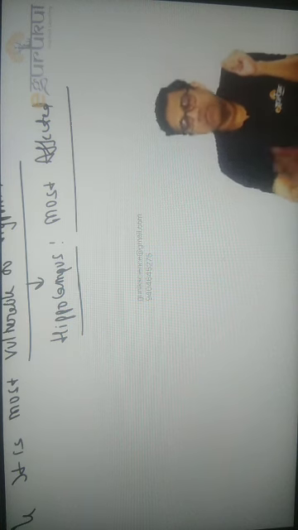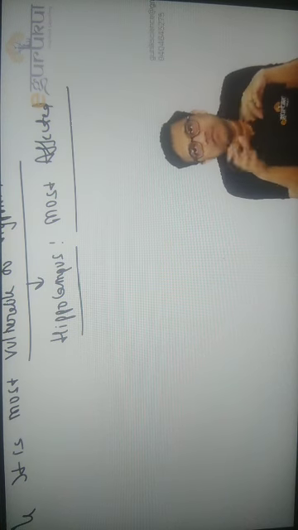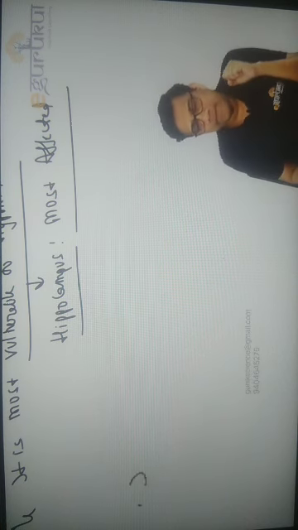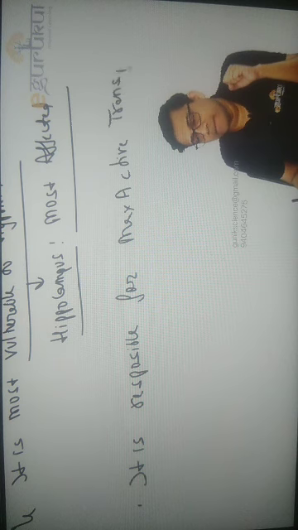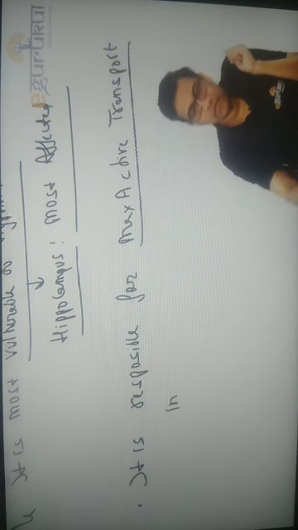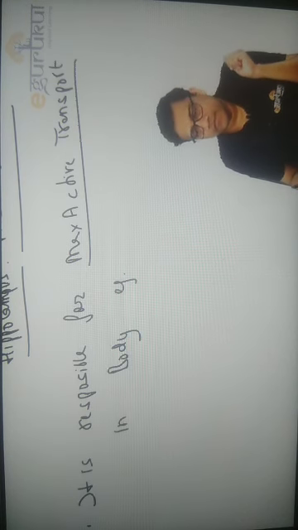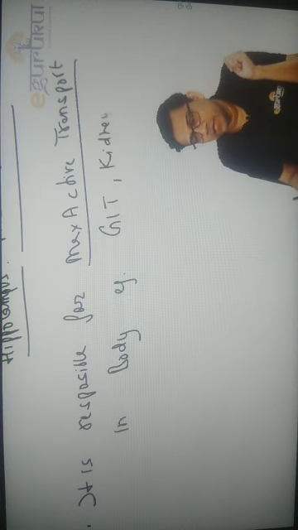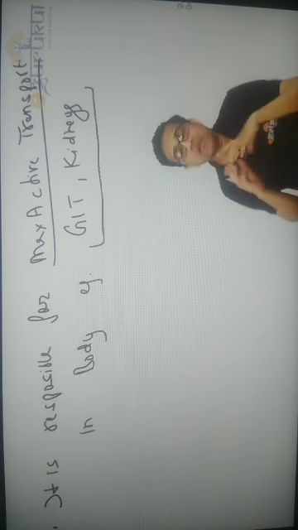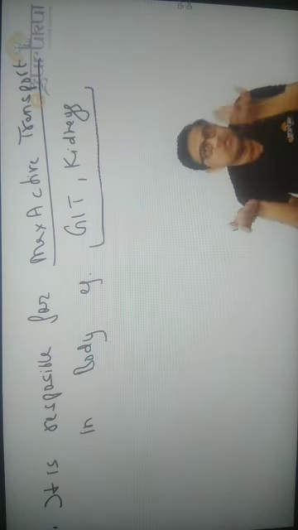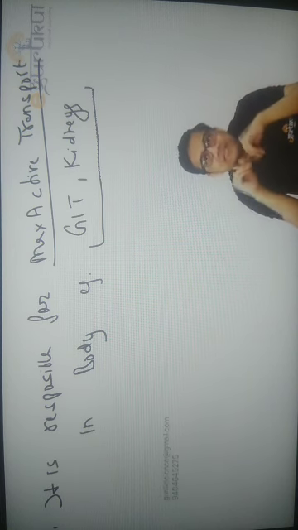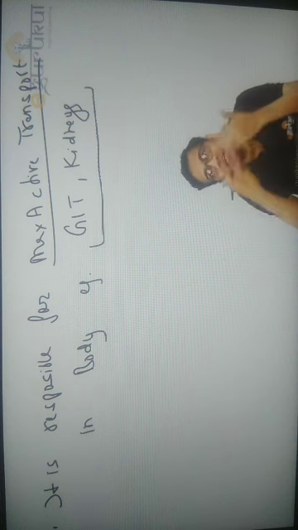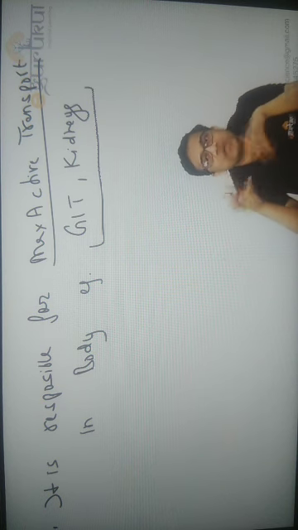Now second thing, this pump is responsible for maximum active transport in the body. Example, GIT, kidneys. Whatever transport occurs in GIT and kidney, bulk of that is because of the sodium potassium pump. In the kidney, the sodium potassium pump is pumping sodium out, and as the sodium goes out, the sodium from the urine is pulled into the cells, and it can come with chloride, with bicarb, with glucose, or can be exchanged with potassium or other acid, etc. That's why bulk of the kidney transport is dependent on the sodium potassium pump.